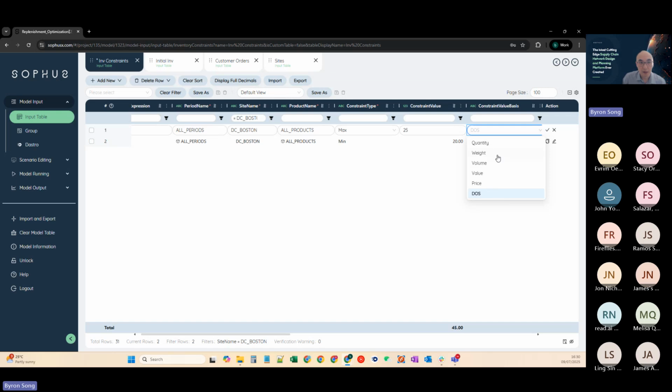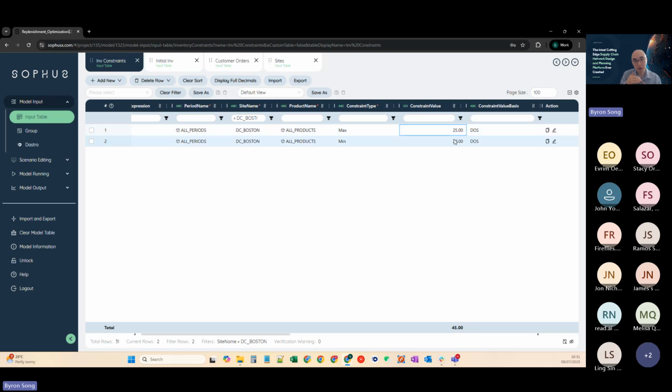You can define number of units or kilograms or cubic meters, or even the value and price of the total inventory. But in this case, we are using days of stock as a way to dynamically constrain the inventory position as the most healthy inventory level. So we don't want it to be too high or too low. Ideally, it will be between 20 and 25 days of stock. So this is defining the upper bound and lower bound of a corridor of inventory position we would